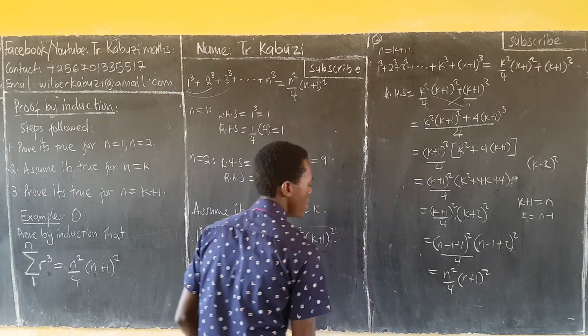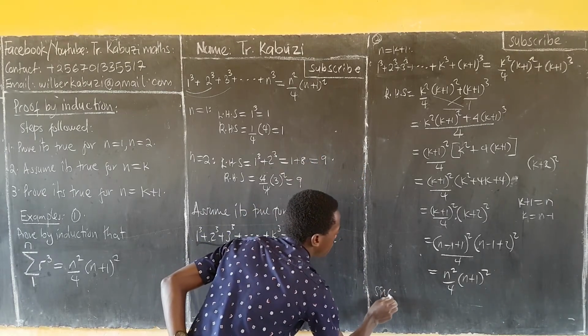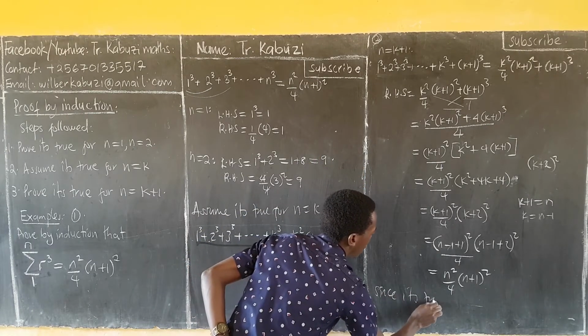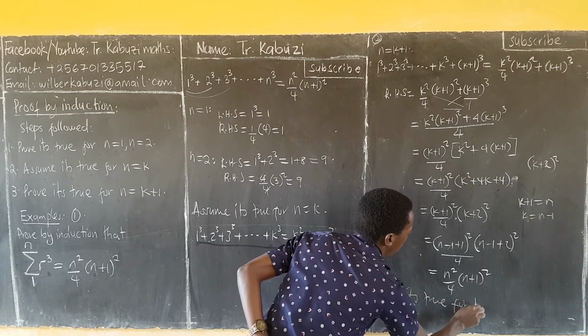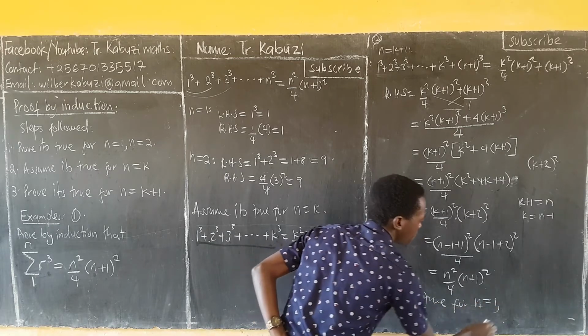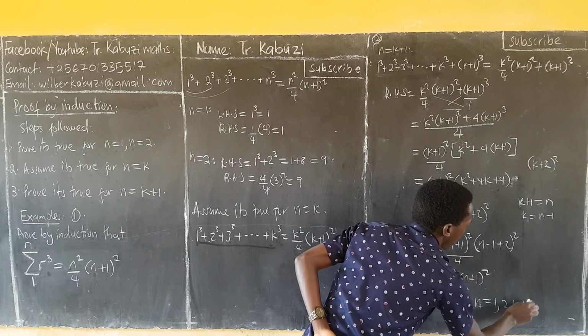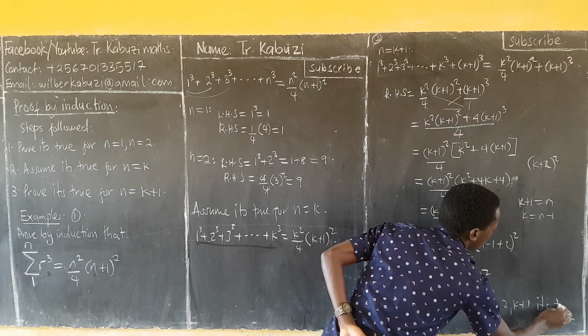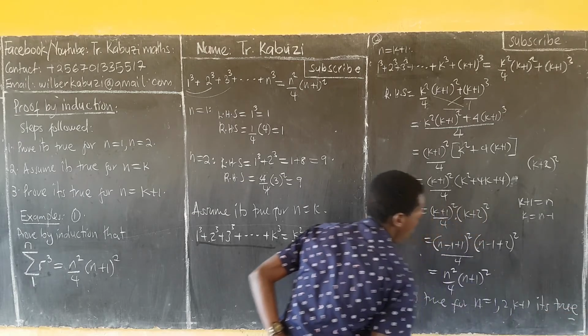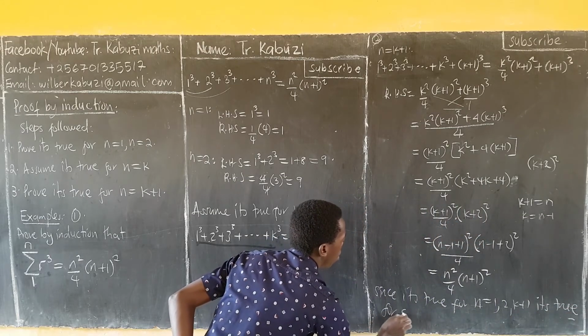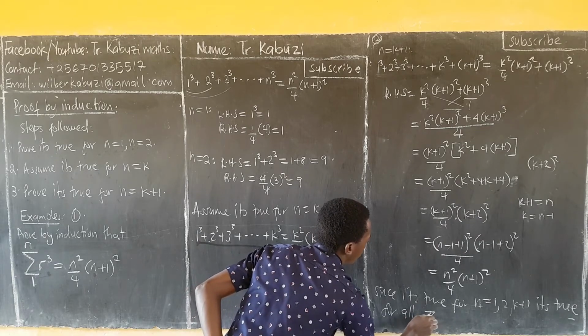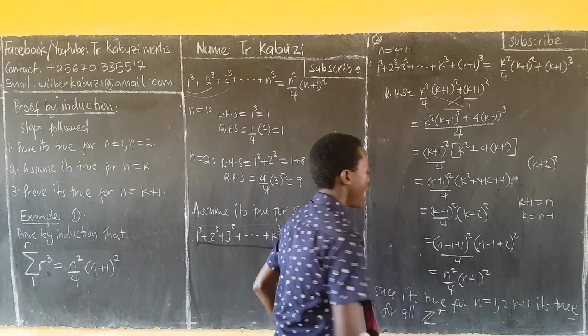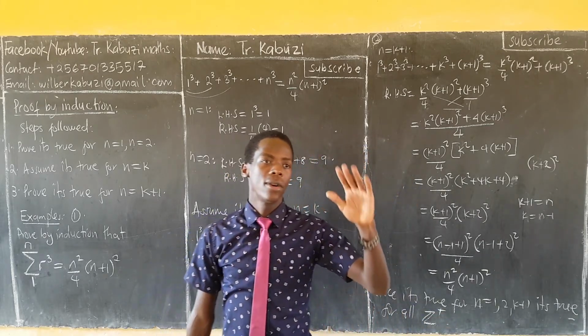And then you conclude that since it's true for n is equal to 1, 2 and k plus 1, then it's true for all positive integers. So I'm going to add another video about these ones,